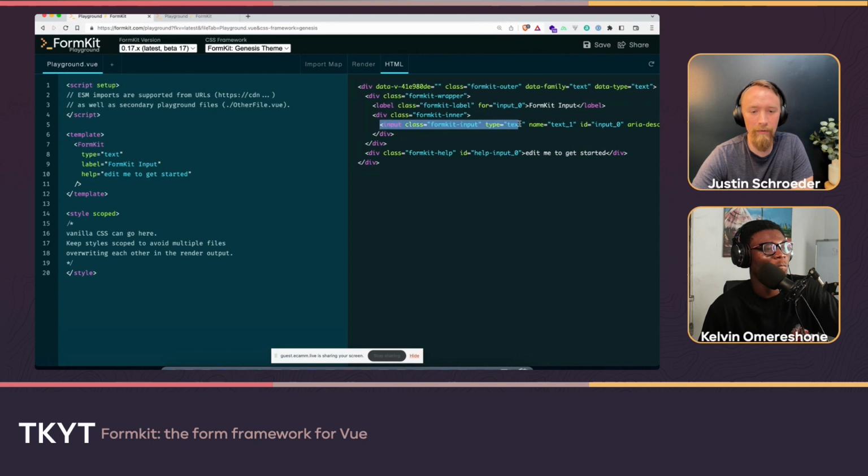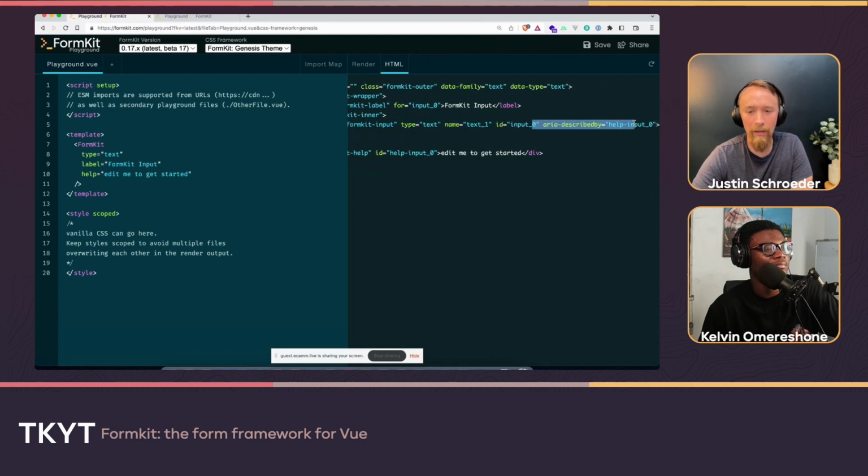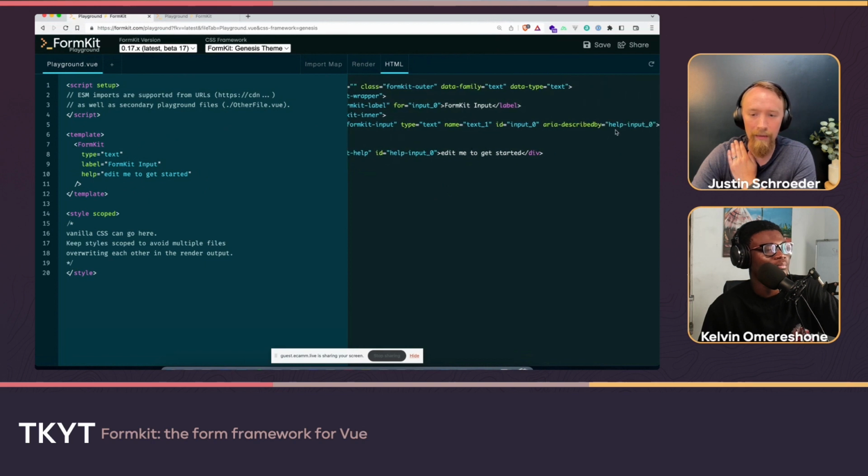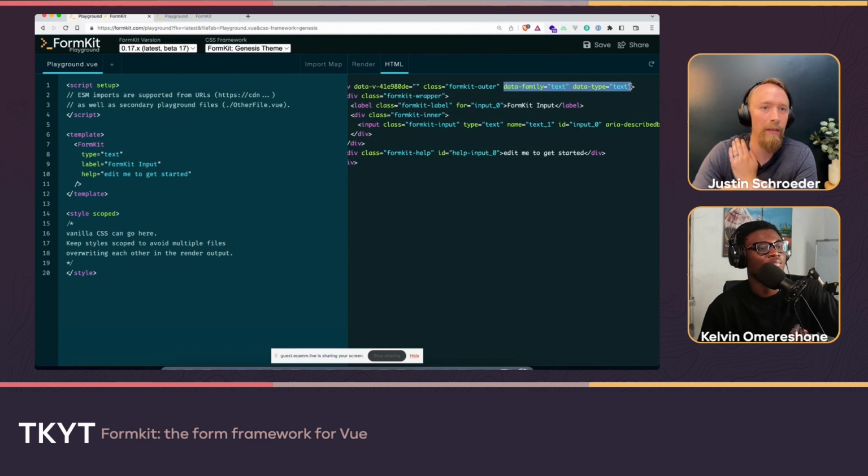You get this input on the inside here with an aria-describedby. You get a generated label here, and down here in my help text, you can see that this has describedby help-input-0. This is help-input-0, and this gets the for attribute. And then we're putting on here a whole bunch of additional helpful data attributes. So if you're using semantic styles, you can key your styles off of those. But if you're a Tailwind user, and this is the big challenge,